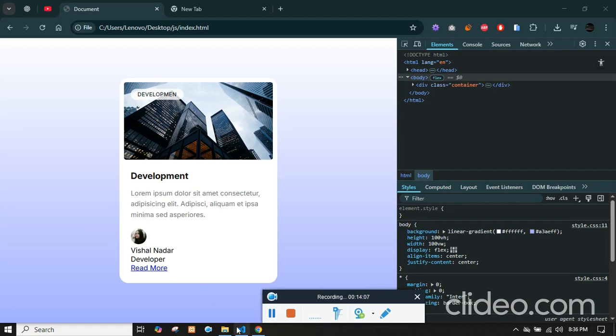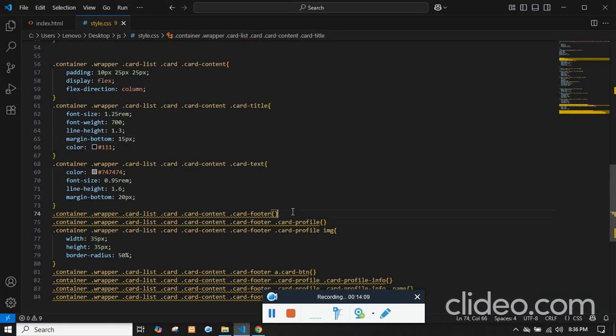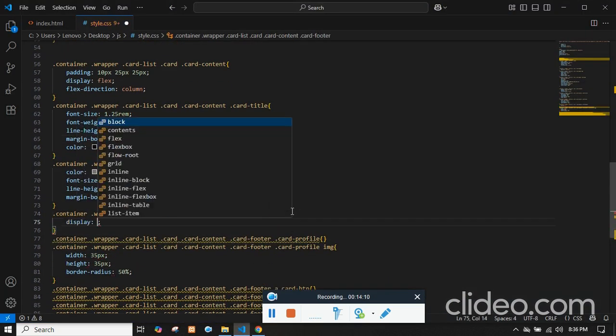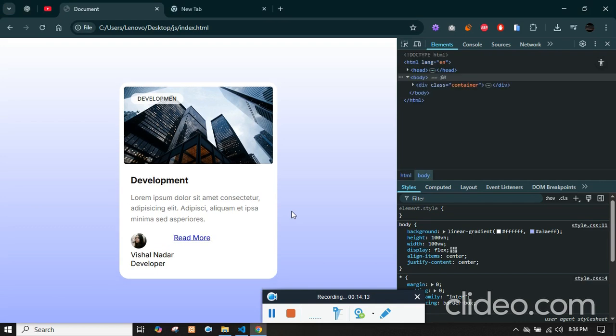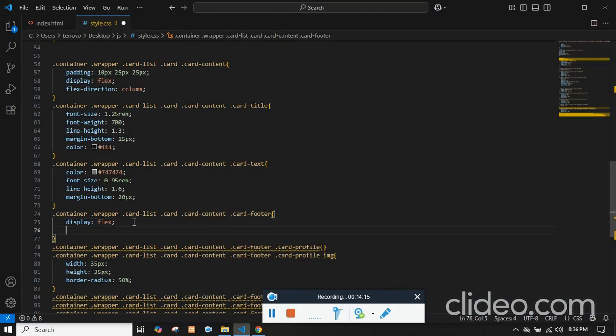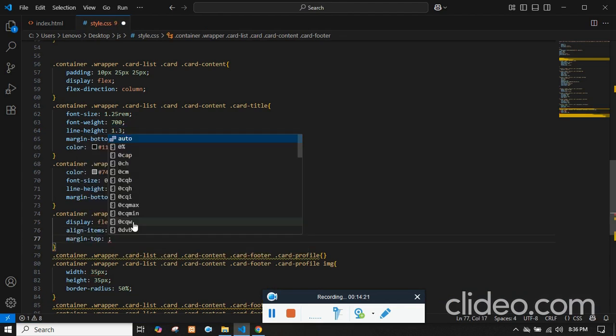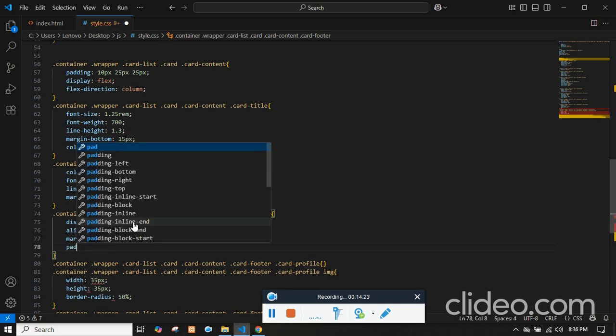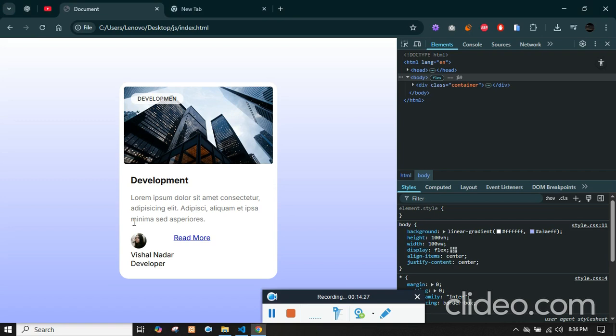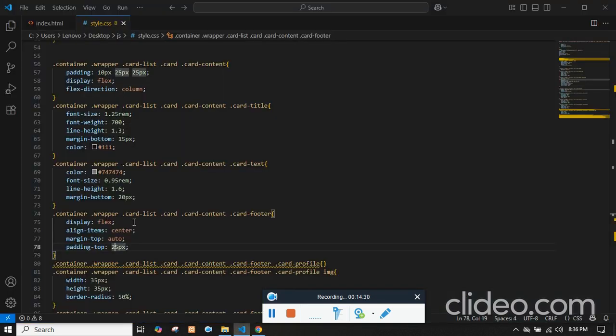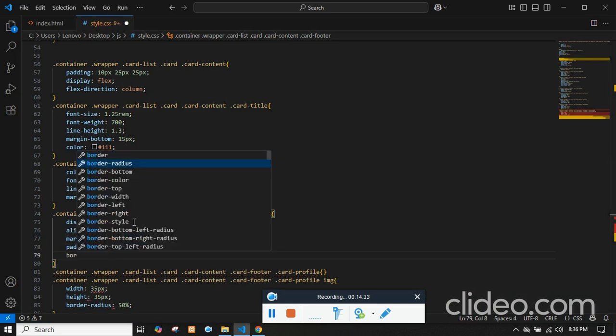Now let's work on the card footer. So display flex, now it will come side by side. We can make align item center, padding margin top to be auto and padding top, let's say 25 pixel. It's too much, 15 pixel. And border top